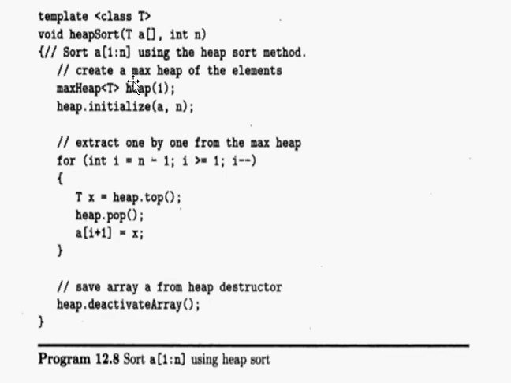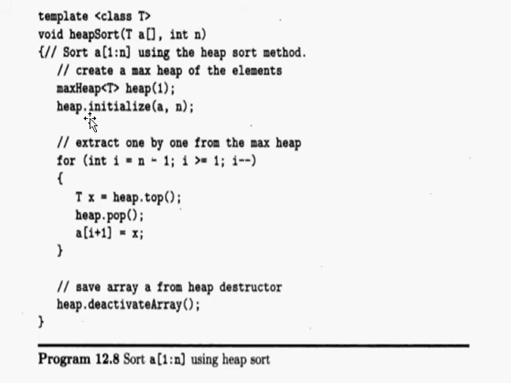First, we call the class max heap and construct an object of this class. So we define a max heap. After this we can call the methods heap.pop, heap.push, heap.top, and heap.initialize. I repeat, heap.top always gives you the maximum element present in the max heap, and heap.push and heap.pop are used for inserting and deleting a node from the max heap.